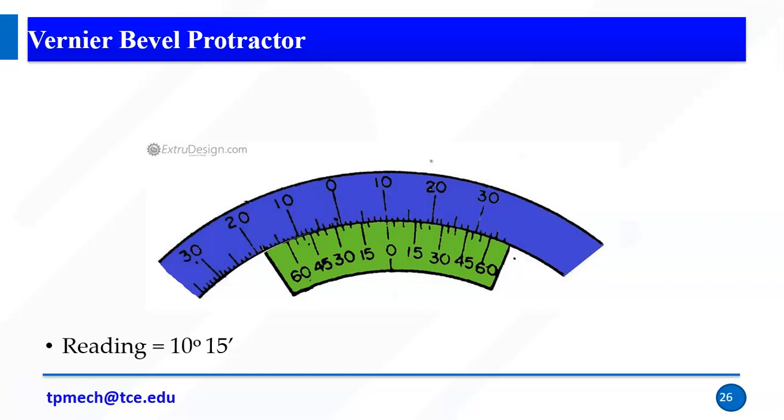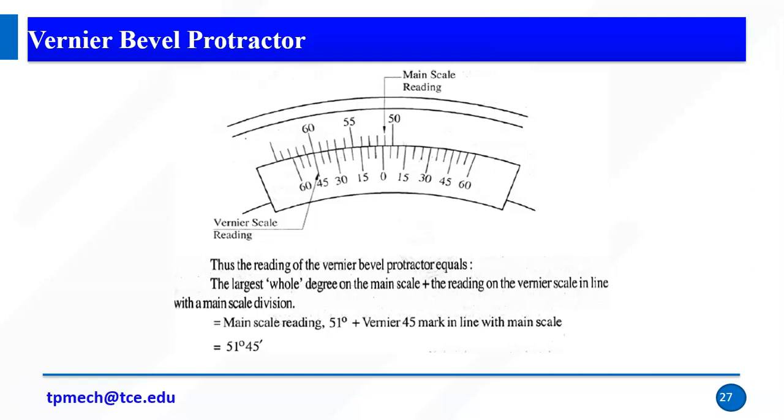again, for example, if I increase the least count, I can get good accuracy, but the number of divisions of the vernier scale may also increase. Then it leads to difficulty in measuring the angle, the coincident points will be difficult to find, the vernier scale coincidence will be difficult, right? So again, this value is above 51 degree, right? So 51 degree, and 45 coincides, so it is 51 degree 45 minute. This is the way in which we need to measure the angle.